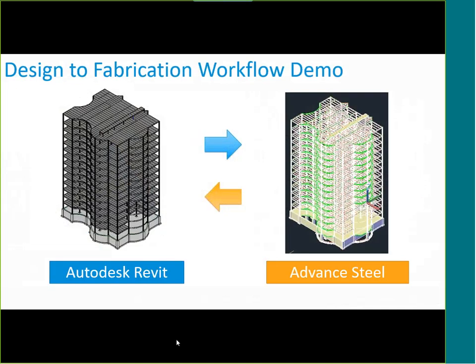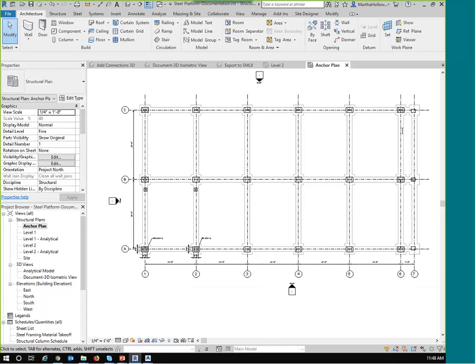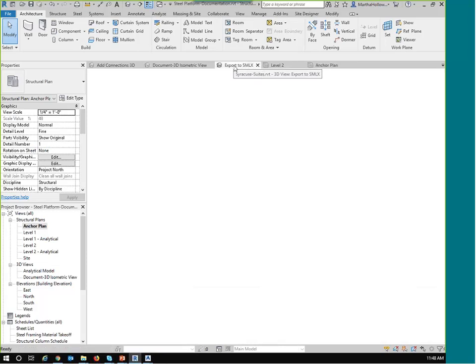So even though you may be using only one or the other of the two programs, it can help to know how to share all your lovely data with other people of the design to fabrication team. And so I just want to show you a quick demo of what you would do in exporting, importing the products. So I'm going to go back to Autodesk Revit,